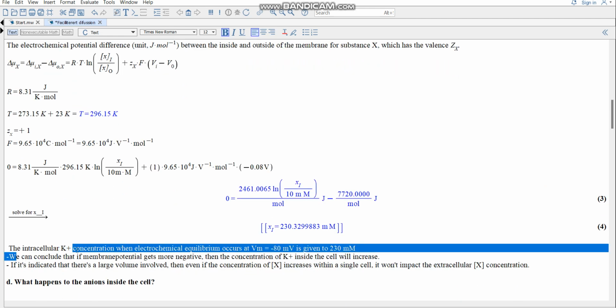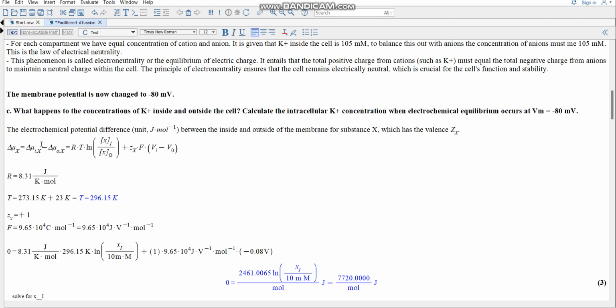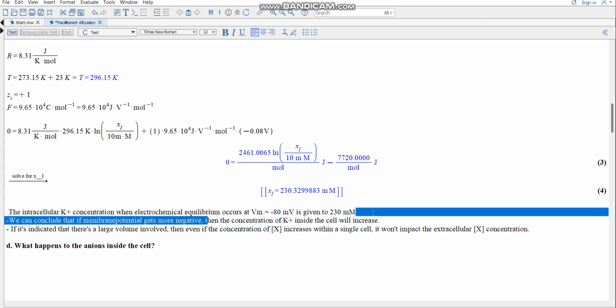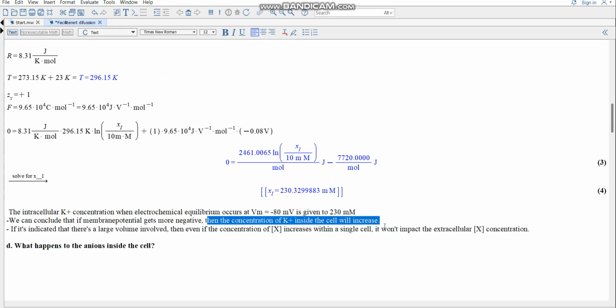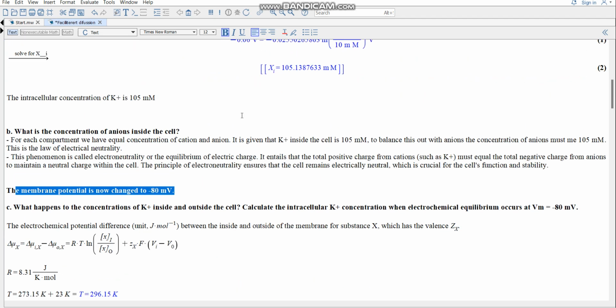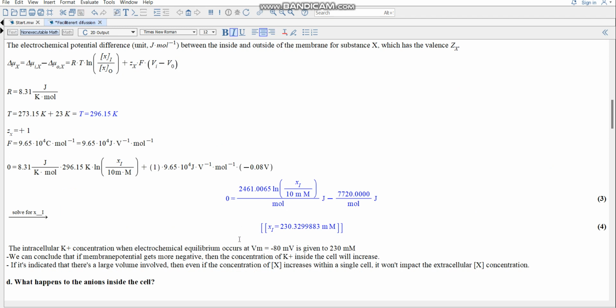We can conclude that if the membrane potential gets more negative, then the concentration of K+ inside the cell will increase. So that is exactly what we've seen here. The membrane potential is getting more negative, and we're seeing that the concentration of K+ is increasing. Okay,